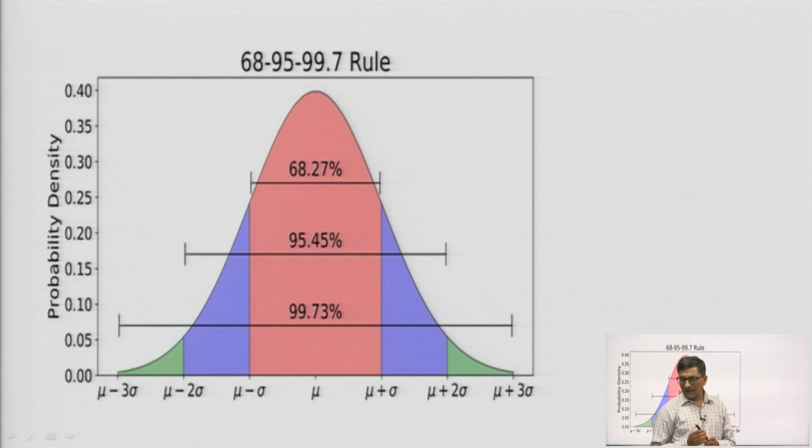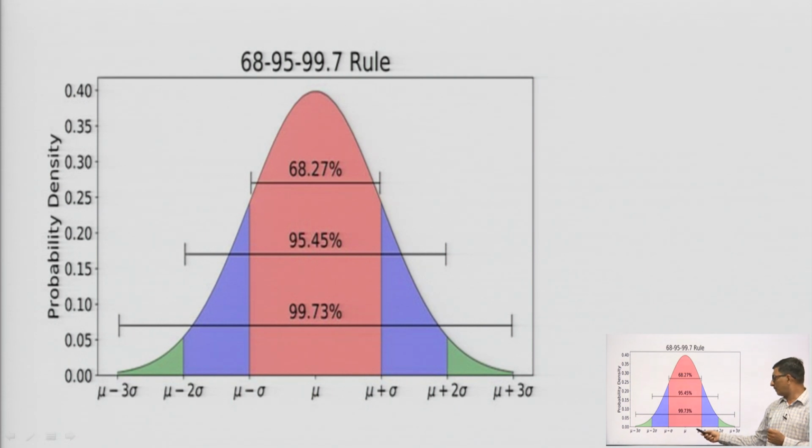So these are the three cases to define the normal distribution, and the area under the curve, as you see here: this is the mean mu, and now mu plus 1 sigma, mu plus 2 sigma, mu plus 3 sigma, where sigma is the standard deviation, mu is the mean, and on this side mu minus 1 sigma, mu minus 2 sigma and mu minus 3 sigma. The area under the curve follows the 68, 95, 99.7 rule. It means the area of the curve between mu plus 1 sigma and mu minus 1 sigma is approximately 68.27%. That means the area under the curve between the mean plus minus 1 standard deviation